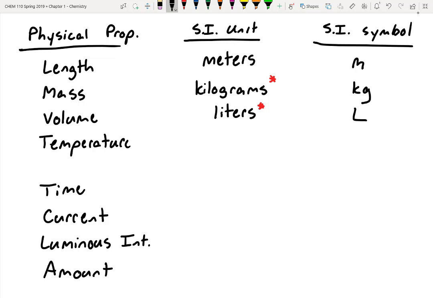Temperature is a kind of tricky one. Does anybody know the SI unit? So Celsius is one. There's also another one. Kelvin. It's a little bit weird. So there's two of them. Kelvin is technically the SI unit. However, chemists typically don't use Kelvin necessarily. Oftentimes we use Celsius. But it's really, really easy to convert between the two. If you know the temperature in Celsius, all you do is add 273, and you'll get a number that is spit out in Kelvin. Does anybody know what 0 degrees Kelvin is?